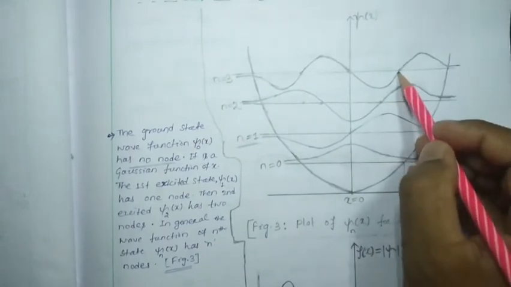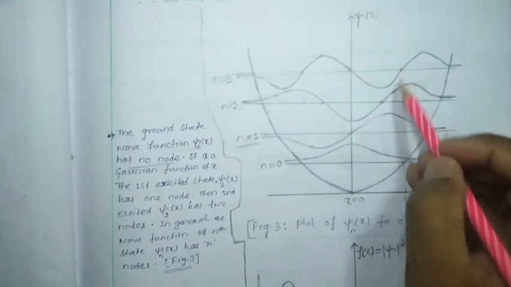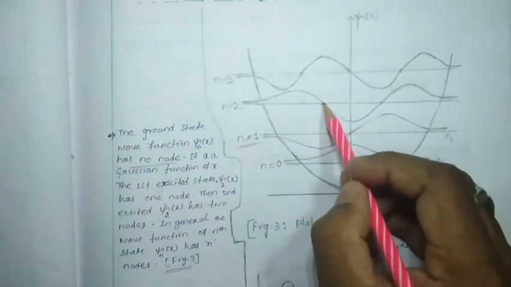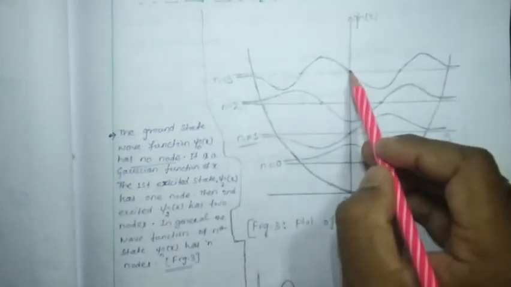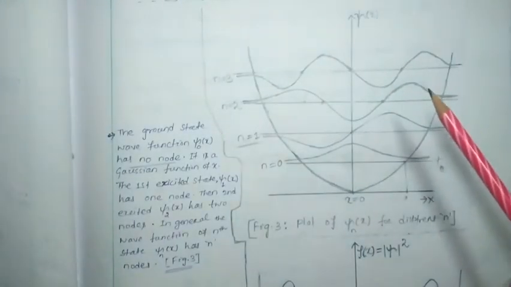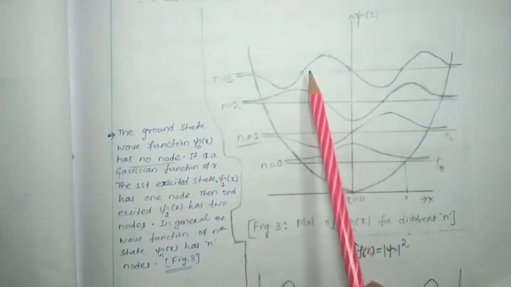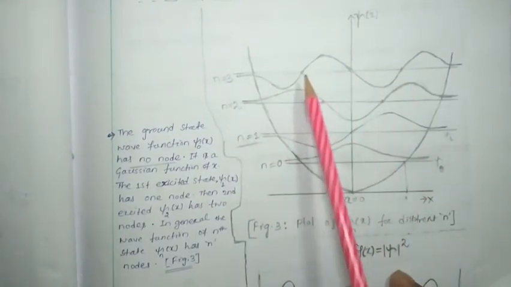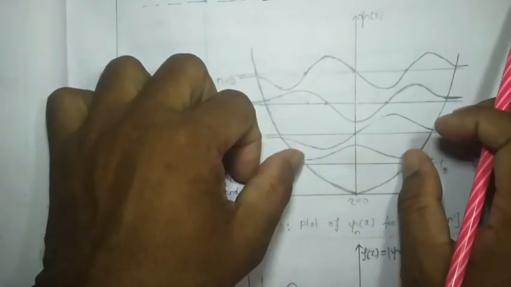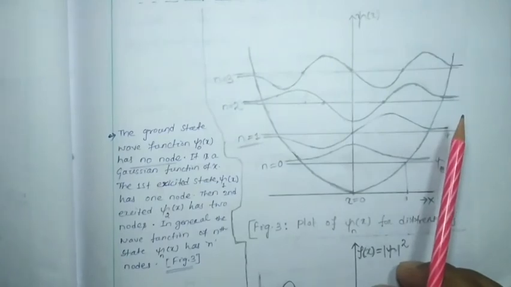The presence of the particle is minimum, or the probability density here and here for this state is very minimum. We can say there is no probability of finding the particle for n equal to 3 at these 3 places. Likewise for n equal to 2 these 2 places, for n equal to 1 this place only, but for n equal to 0 there is no such place. All over the boundary, in between the 2 boundaries, we are going to get the probability of finding the particle, but